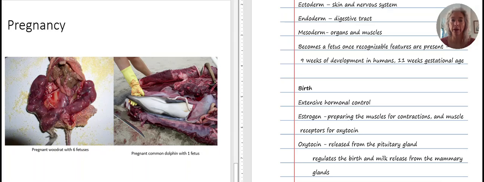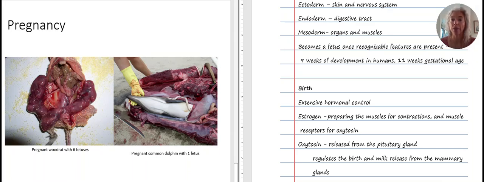Birth in viviparous mammals again requires extensive hormonal regulation to prepare the mother for the process. Estrogen is vitally important in preparing the muscles for contractions and the muscle receptors for oxytocin, which is another hormone. Oxytocin is released from the pituitary gland and regulates the birth process, as well as milk release from the mammary